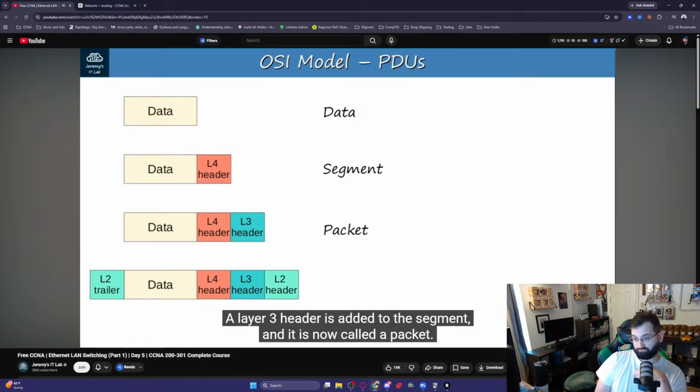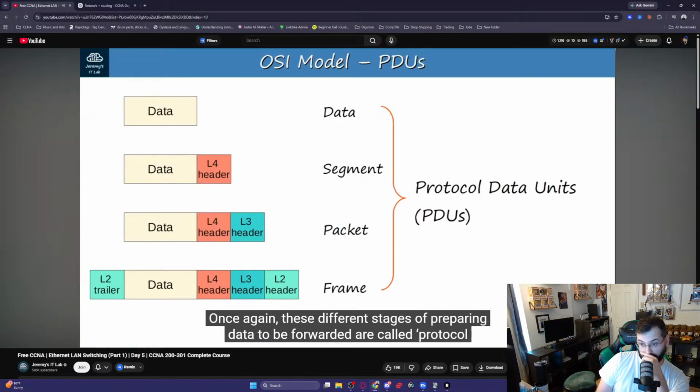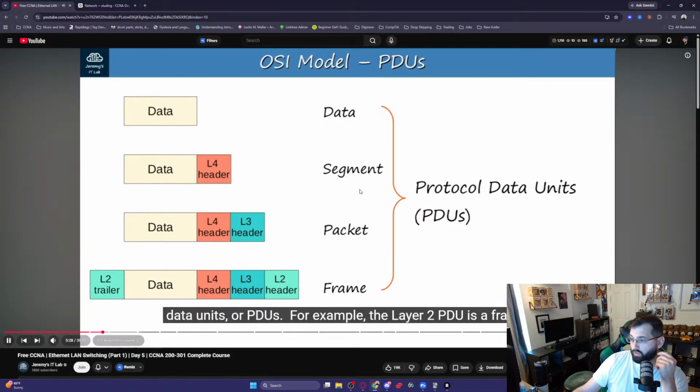A layer 3 header is added to the segment, and it is now called a packet. Finally, a layer 2 header and trailer are added to the packet, and it becomes a frame. Once again, these different stages of preparing data to be forwarded are called protocol data units, or PDUs. For example, the layer 2